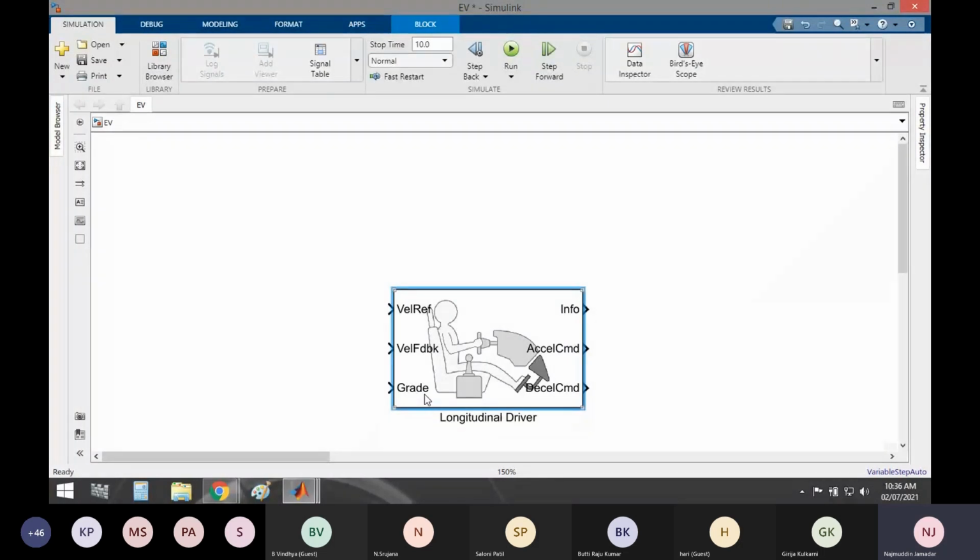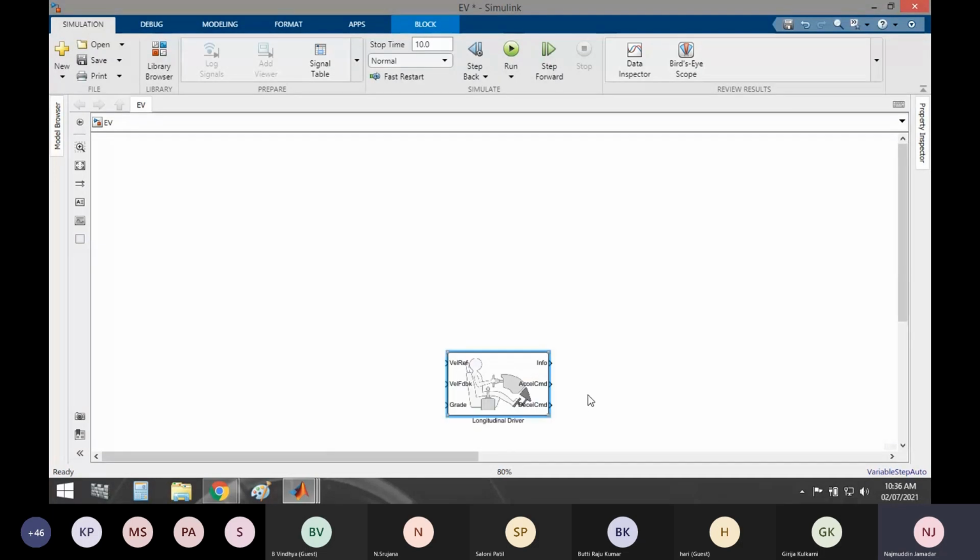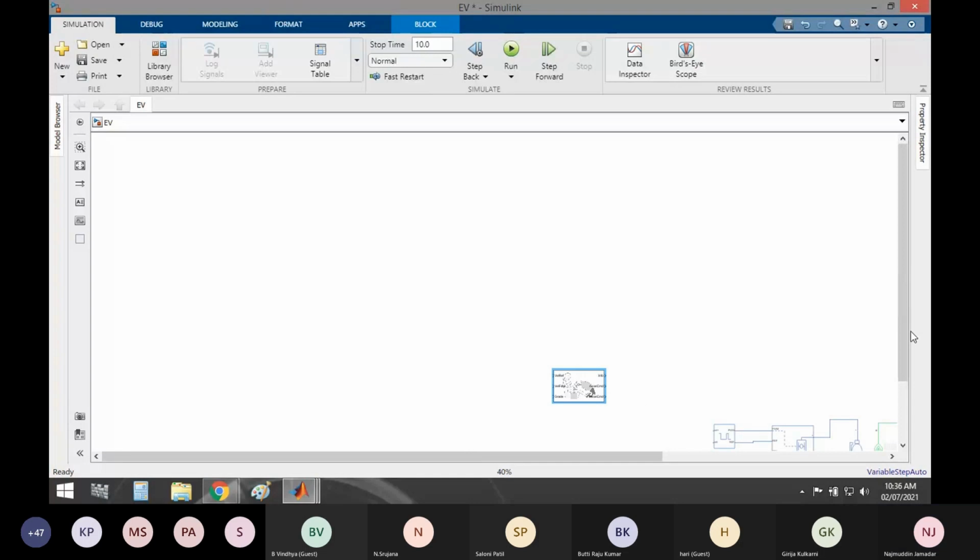See, there is a provision to test the vehicle in all factors and all parameters. So you can assume all the conditions and test your vehicle. For example, if you want to test the vehicle on a slope of 20 degrees, an up slope, that is plus 20 degrees, you can test how the vehicle will behave. Okay, so for now I will keep it as it is here.